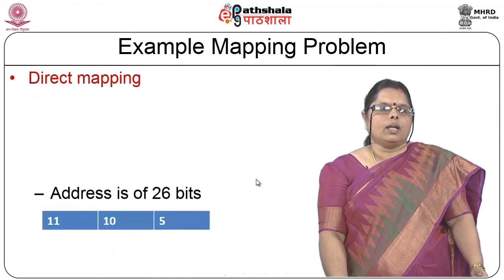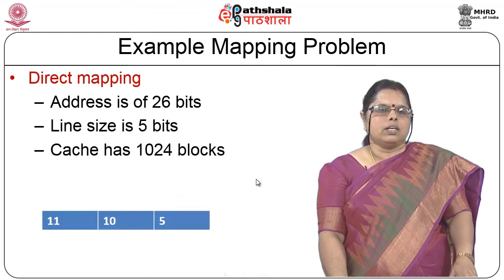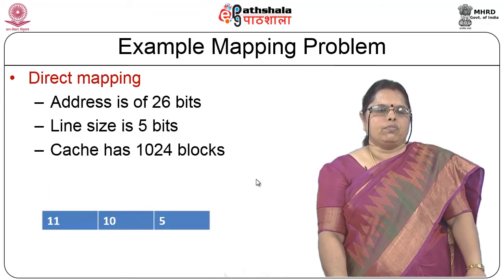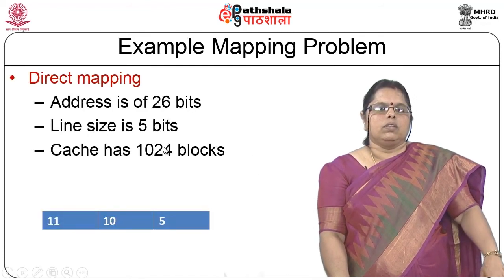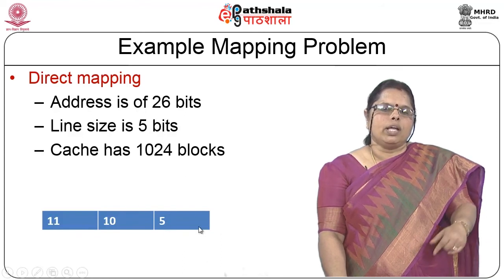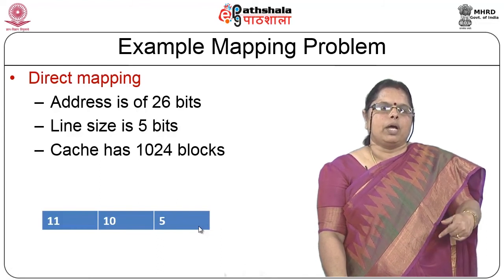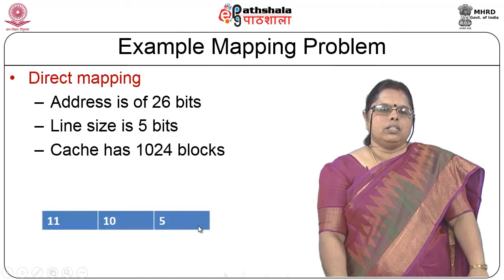When you are looking at direct mapping, the main memory address is of 26 bits, the line size is 32, which means you have 5 bits for that. The cache has 1024 blocks, and if you look at the split up here, because the line size is 32, the offset is a 5-bit field. The offset is used only after the mapping is done. Once you have mapped on to a particular block, locating a particular byte or a word within the block is done with the offset field. So, that does not undergo any change. It is the same for any mapping policy, that is 5 bits.